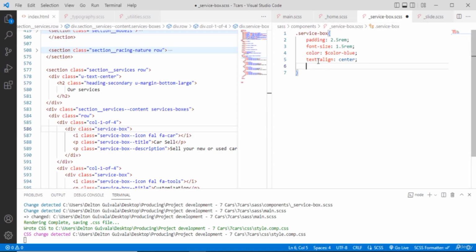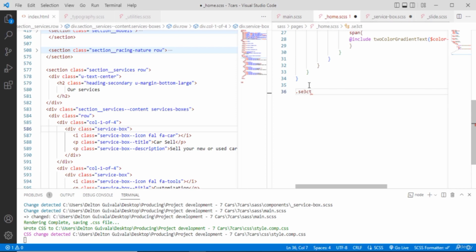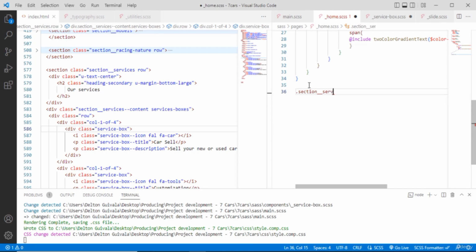To do that, let's simply go to our home file and target our section services. Here we are going to put that background inside of this content right here,